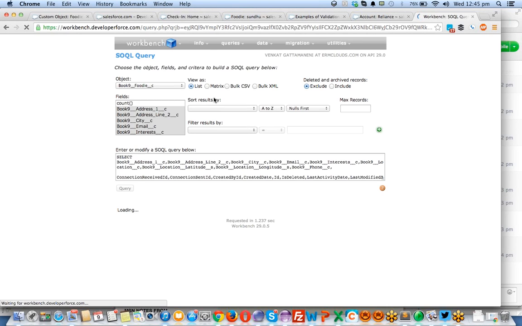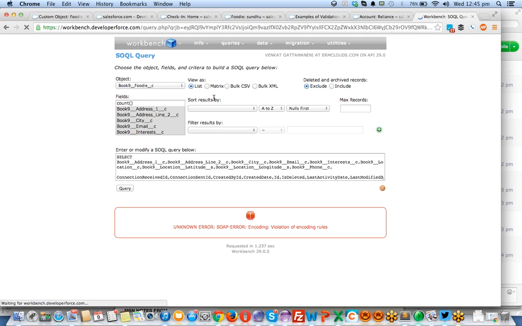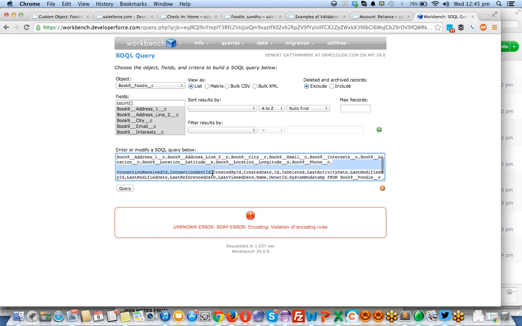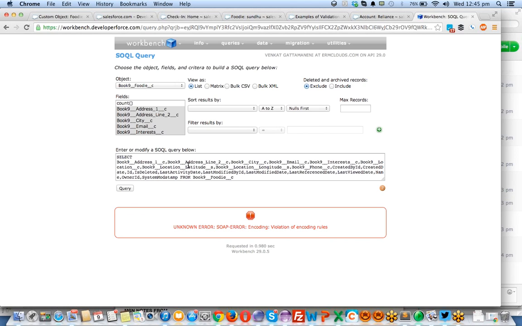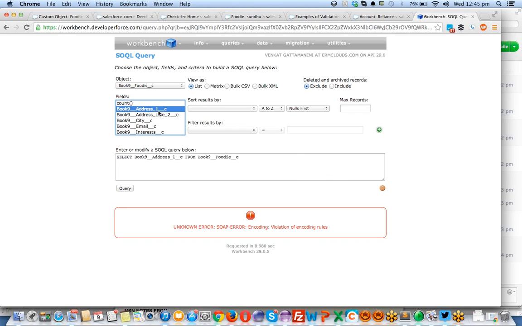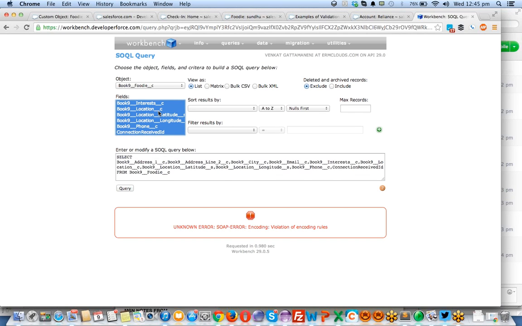Now I have to see all the records we have created from the first day till today in the system. I am clicking on shift and I am selecting the detail. I am selecting the name field also.